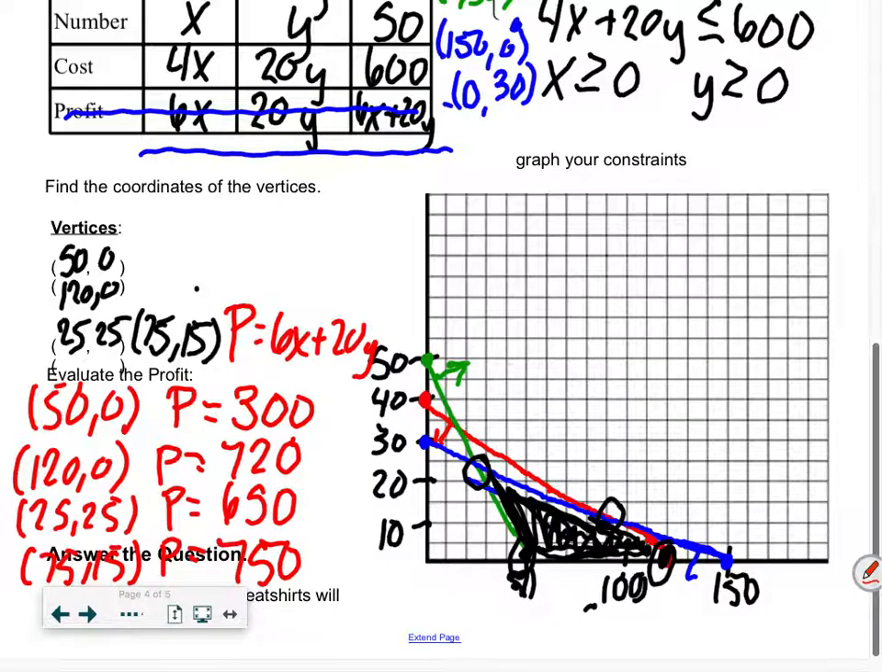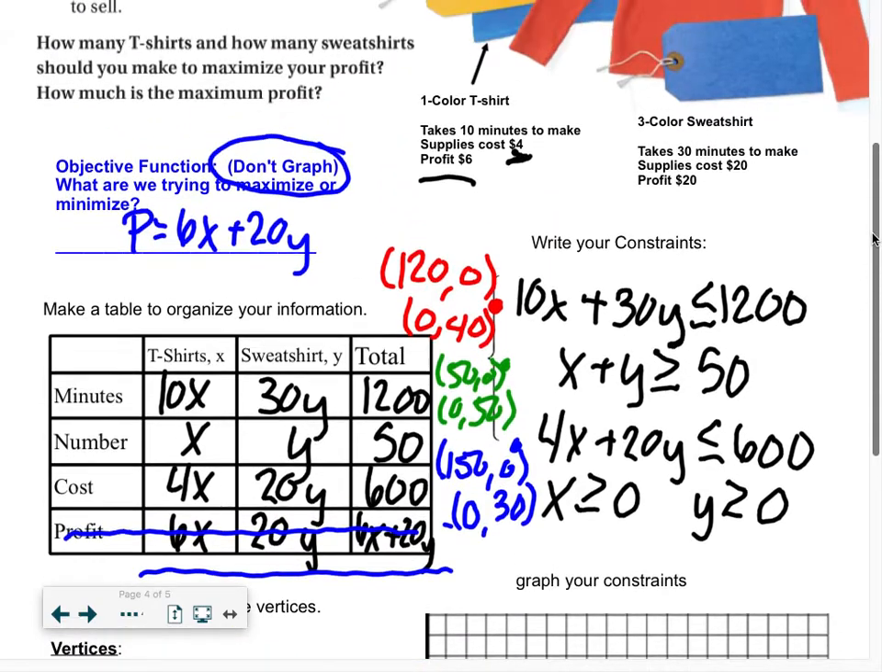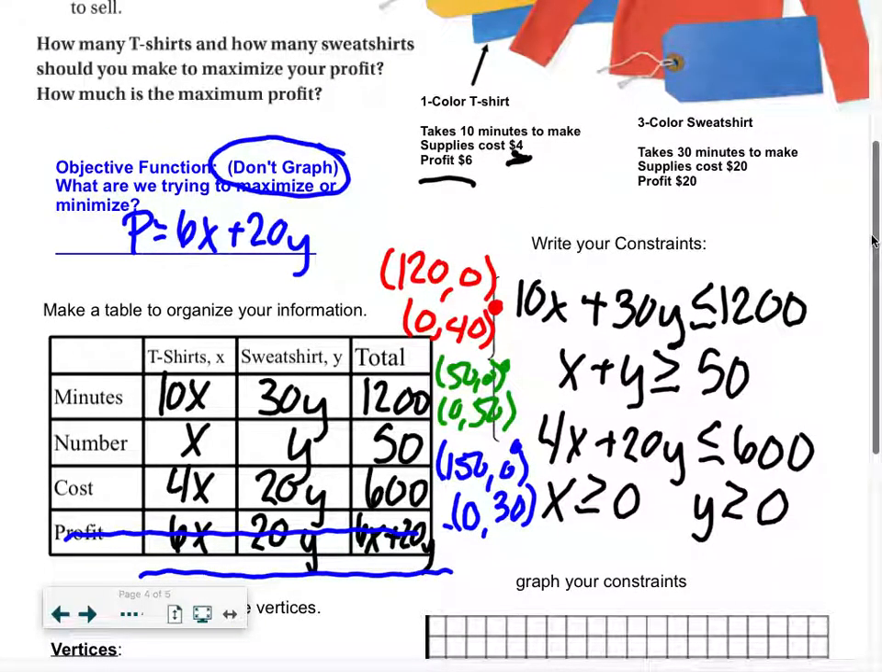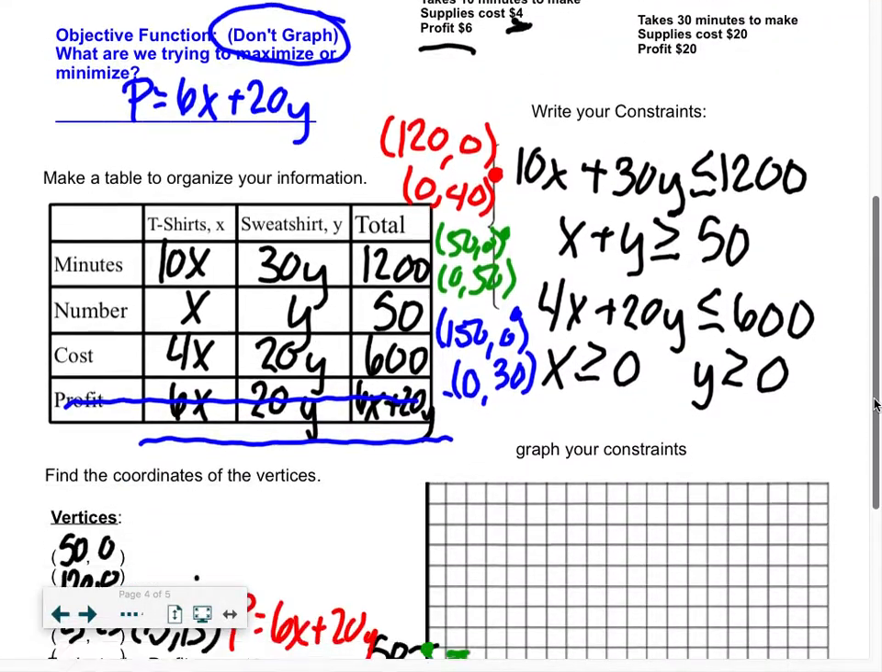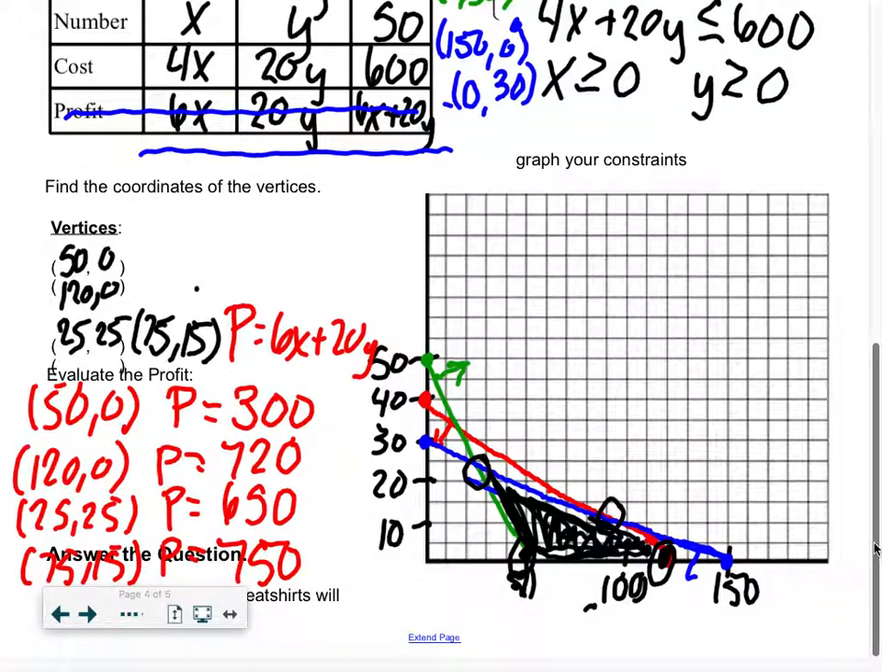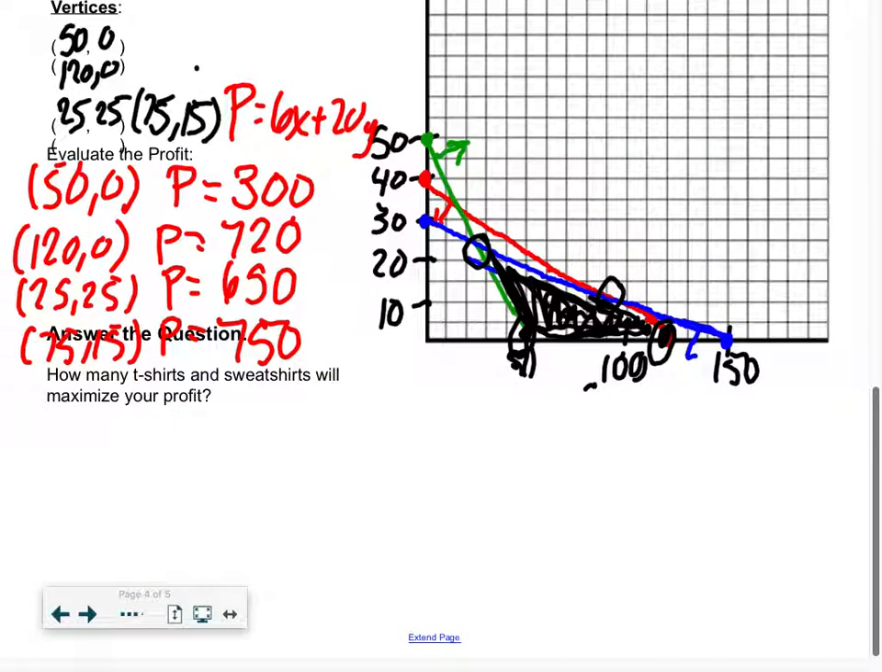Wait, where'd you get this equation? P is equal to 6x. Oh, okay. Our objective, right? Oh, it's trash. You're not making